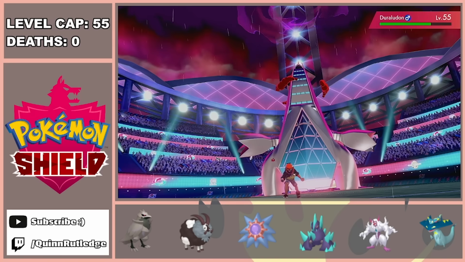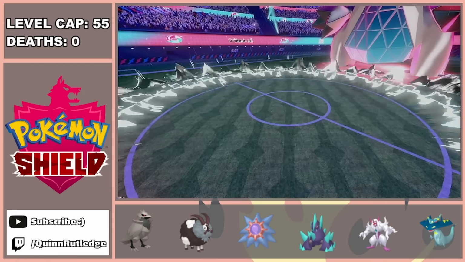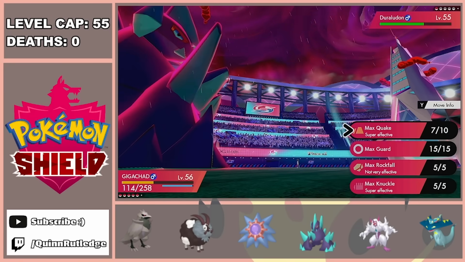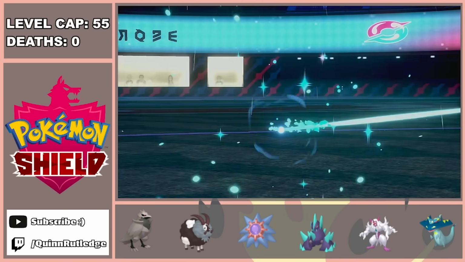Finally, he's down to just his Ace Duraludon, and we have ourselves a good old-fashioned Dynamax duel. It hits us with a Max Steel Spike, which does way more damage than we were expecting, and we fire back with a Max Quake, which does way less damage than we were expecting. We want to stall it for another turn with Max Guard, but we're locked into attacking moves since we're running an Assault Vest on Gigalith,